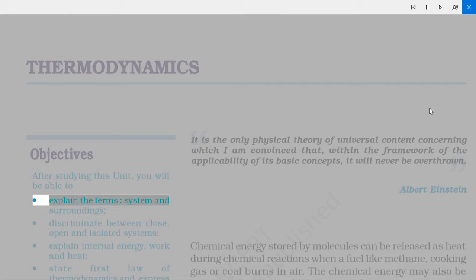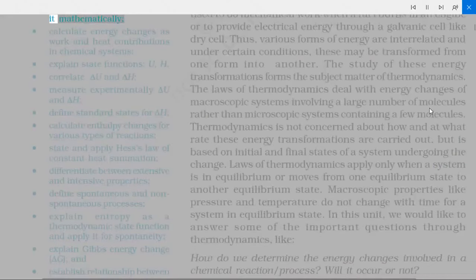Explain the terms system and surroundings; discriminate between closed, open and isolated systems; explain internal energy, work and heat; state the first law of thermodynamics and express it mathematically; calculate energy changes as work and heat contributions in chemical systems;